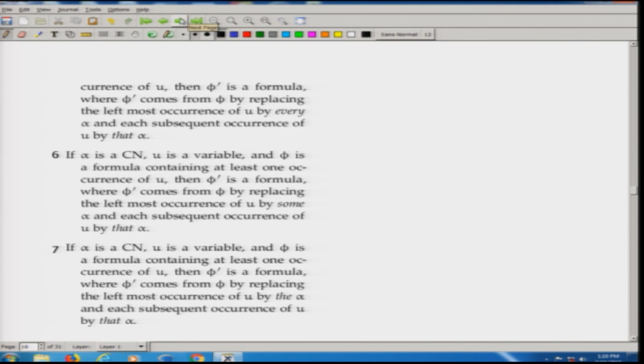It means that suppose phi is V1 loves V2. Now what is our U? Our U here is, say, V1, and that means we are working on V1 here, and so there is just one, we are considering just one variable here. And if there is a common noun alpha, suppose alpha in this case is man,